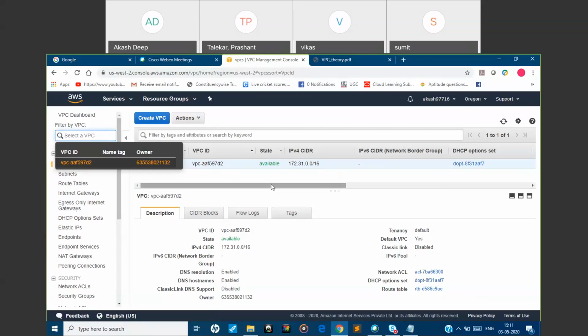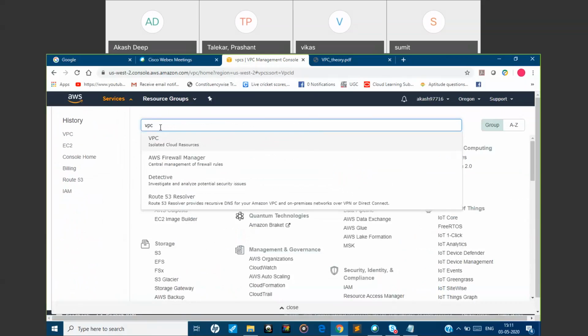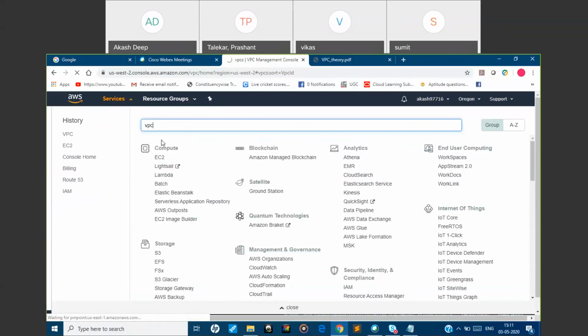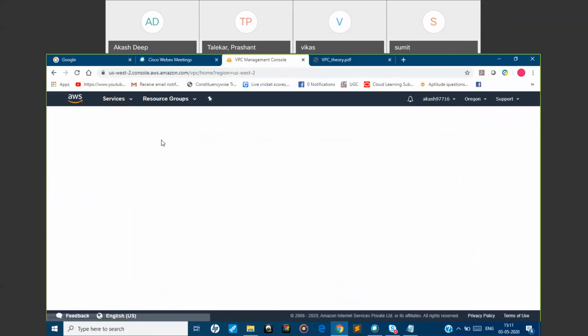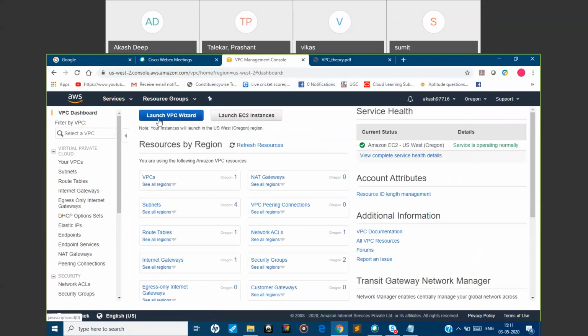So basically, there are two ways to launch a VPC. We'll go here, VPC. One is the launch VPC wizard. That is not suggested because you don't need to do any configurations here.